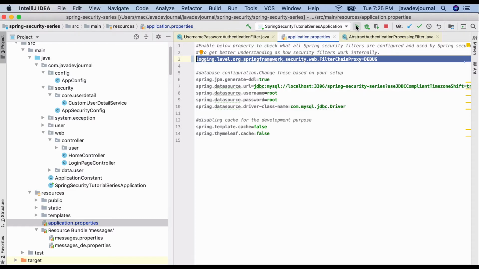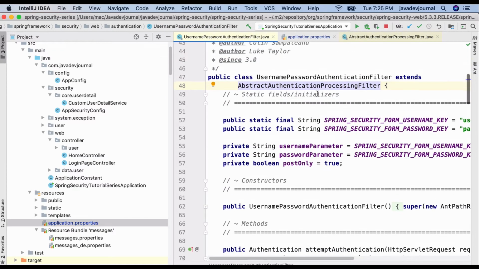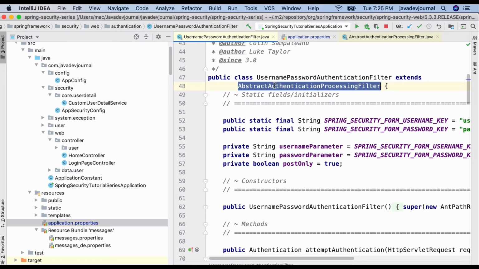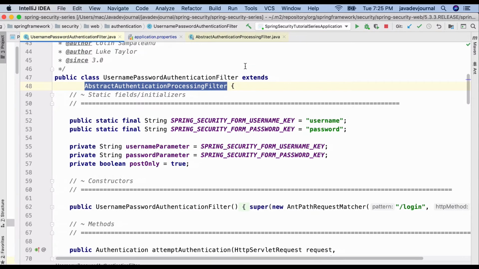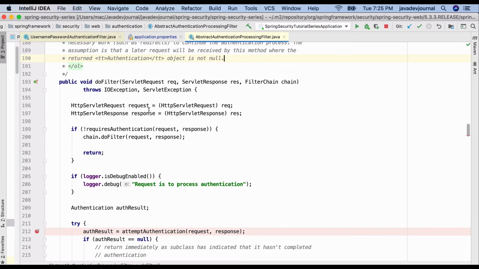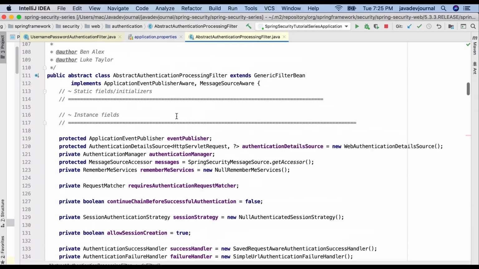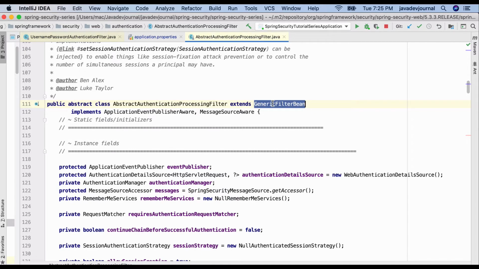Those are configured for you out of the box. Okay. Now let's go back to our username and password authentication filter. This username and password authentication filter implements the abstract authentication processing filter. So it's nothing but a standard filter, right? Let's go there and look into the filter.